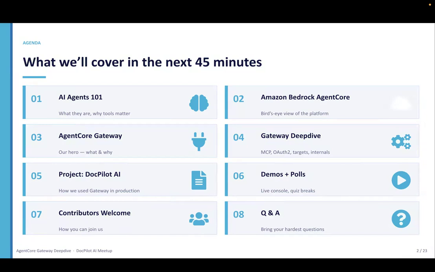I've gone through the whole AWS documentation. Around 13 to 14 sections are there on the gateway, but I've taken just a few things which I'm planning to use in the project, and I want to explain them so everybody can correlate. Then we also talk about the project DocPilot. What is DocPilot? And we'll go through quick demos and polls. And again, as I mentioned, going forward, the idea is I want to build an application.